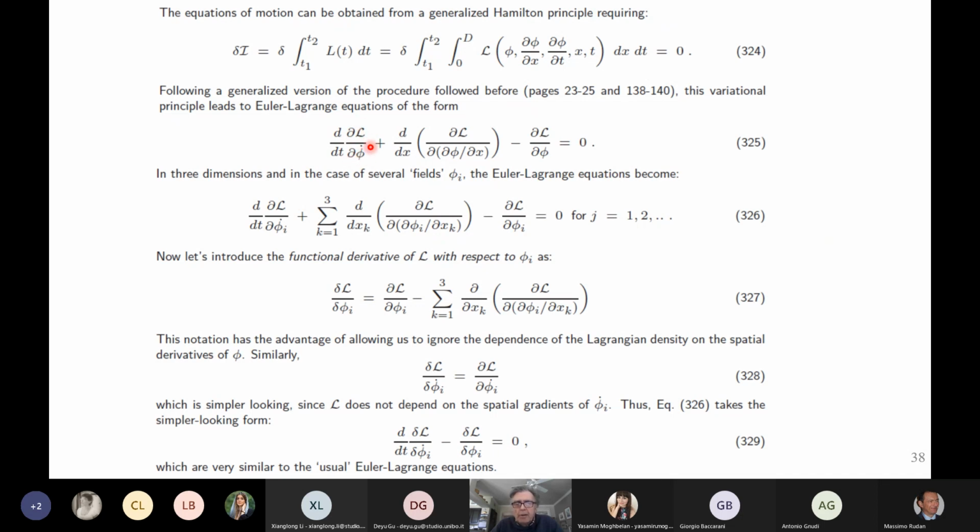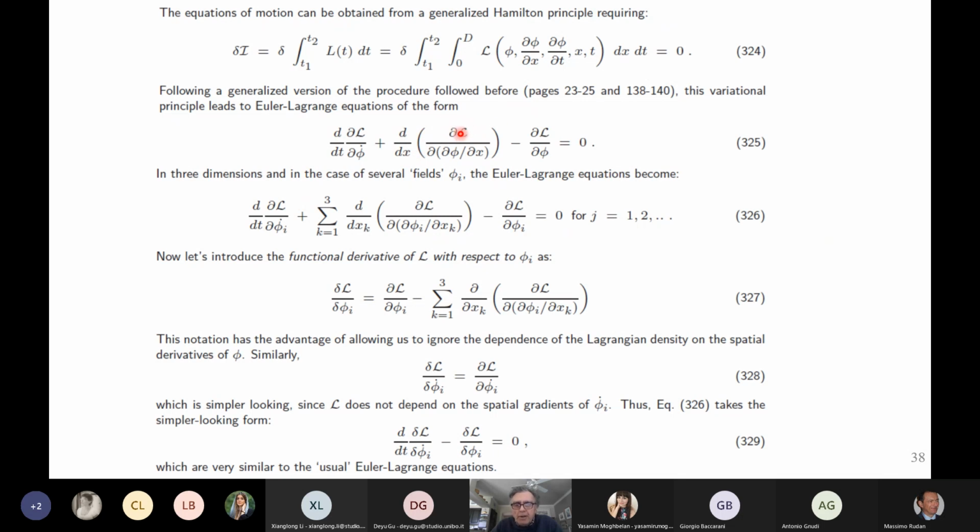It's sort of a functional derivative because the Lagrangian density, script L, is a functional of phi. Phi is a function of x and t. And then I have an additional term that I didn't have before, the derivative with respect to x. Clearly I didn't have it because x was a discrete index. So I have this additional term,